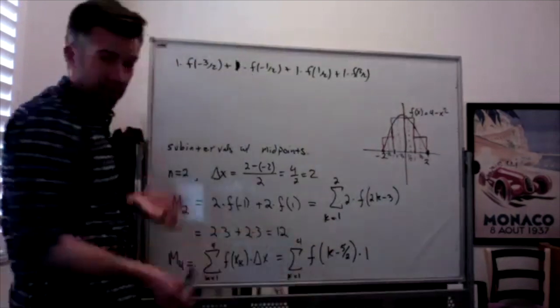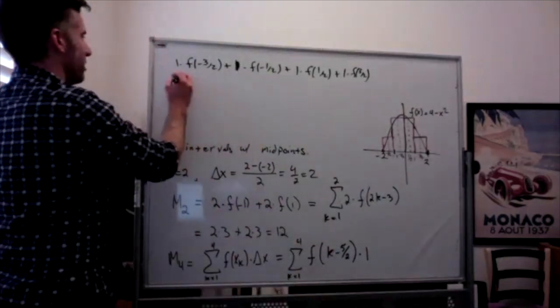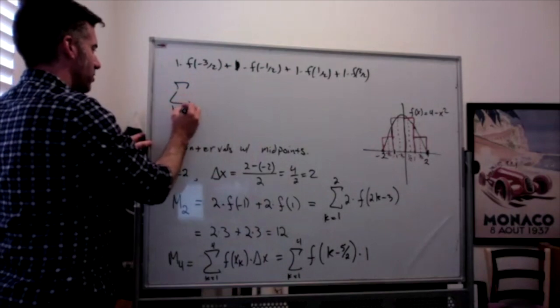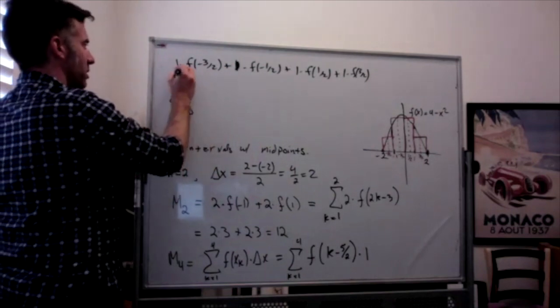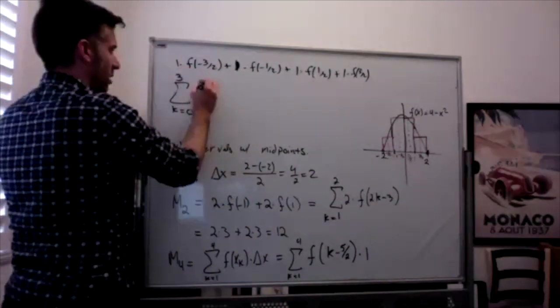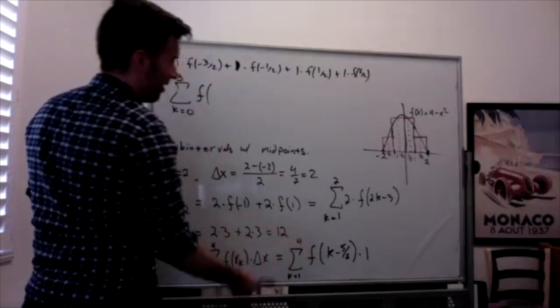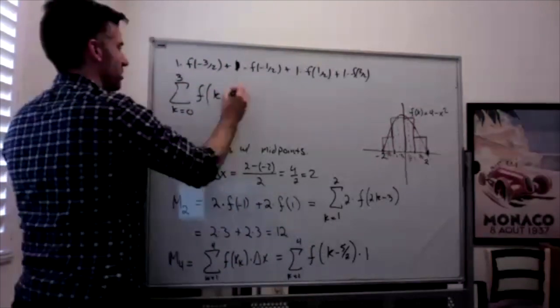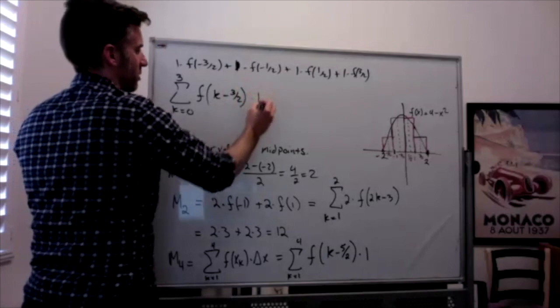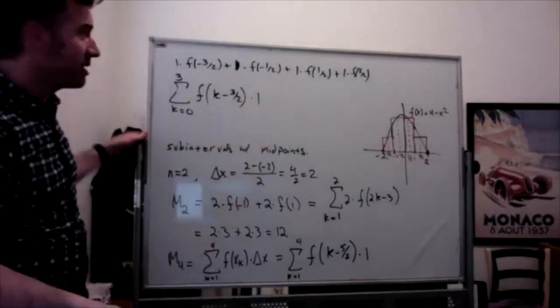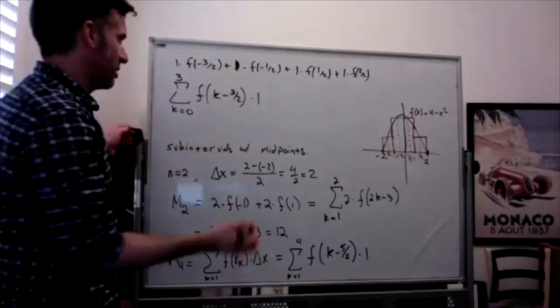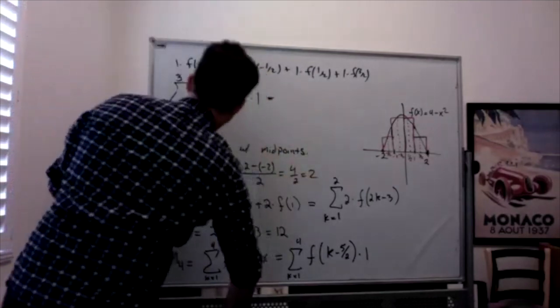Now, you can start at k equals 1 and go to 4. You can also start at k equals 0 and go to 3, and do f of, instead of k minus 5/2, k minus 3/2. Either way, you're still calculating this thing here, which is just going to be, let's see,